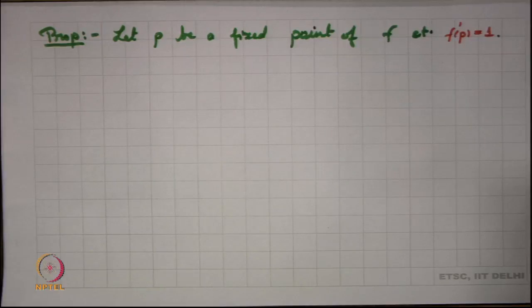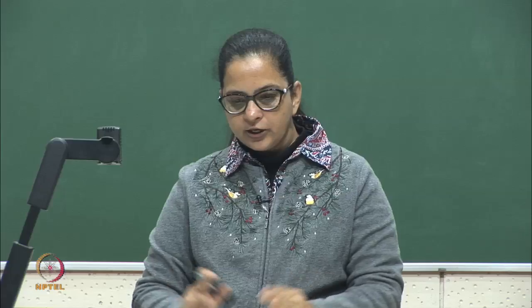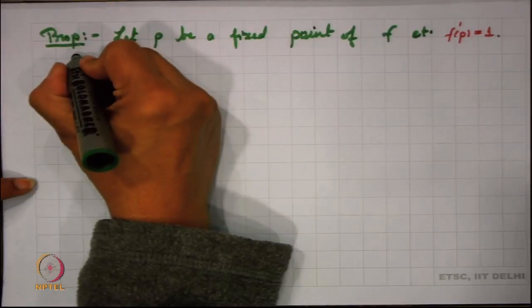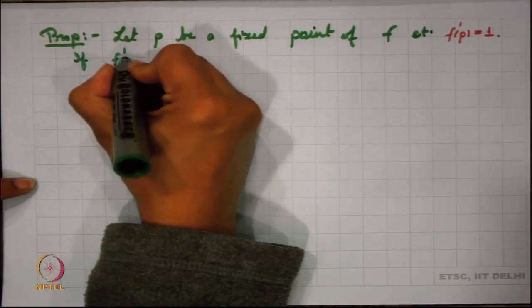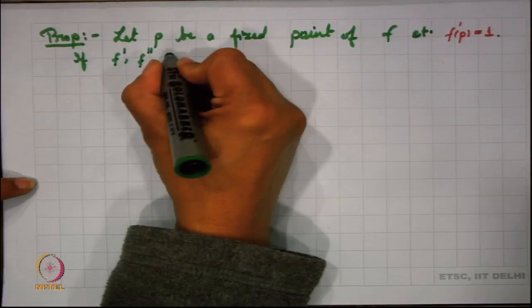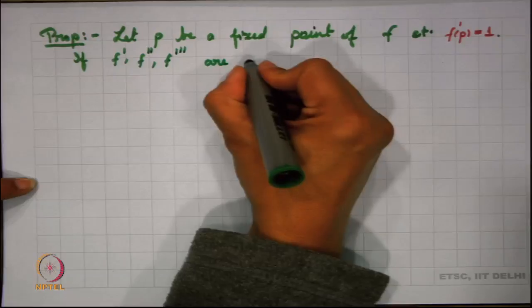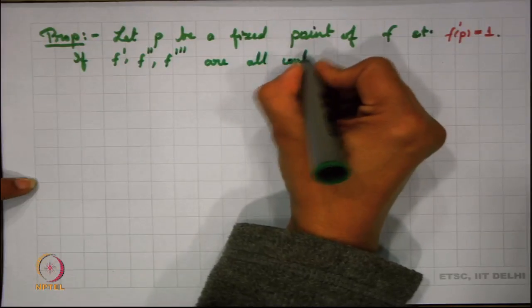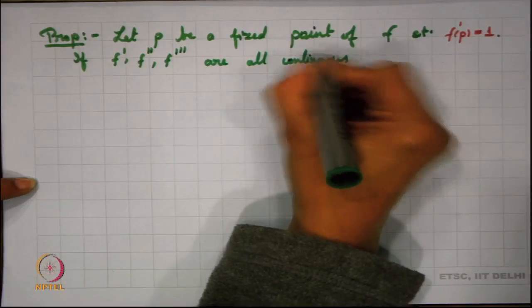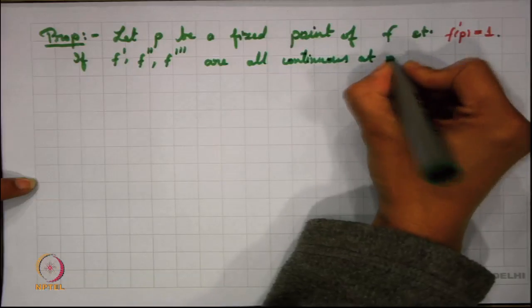Now, we have already assumed that f is continuously differentiable. Here I want to assume something more. So, if f prime, f double prime, f triple prime are all continuous at P, then